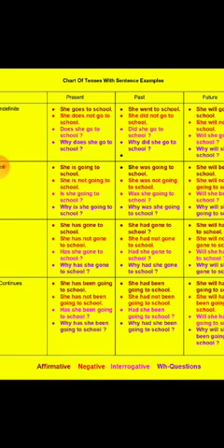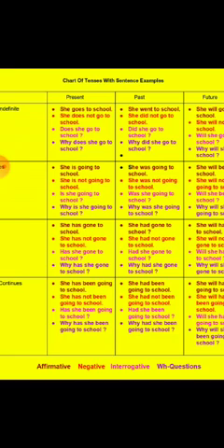When we are converting it into a question, there are two types of questions: yes/no type questions and WH type questions. The questions which can be answered in yes or no are called yes/no type questions. For that, the rule is, first of all do or does, then the subject, then the first form of the verb. Just see the example. Does she go to school? When we are converting it into a WH type question: why does she go to school?